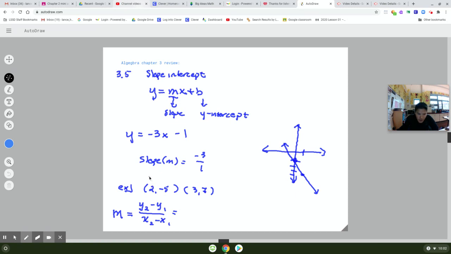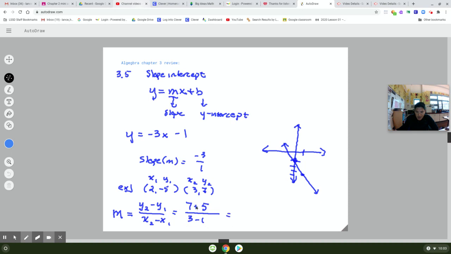So your first point, you could always label that x sub 1. That's technically x subscript 1. We just abbreviate y sub 1. And then x sub 2, y sub 2. If you label everything, it should be a lot easier to plug things into the equation for slope. So y sub 2, 7, minus y sub 1, so minus negative 5. Subtracting a negative is the same as adding a positive, so 7 plus 5 over 3, that's x sub 2,